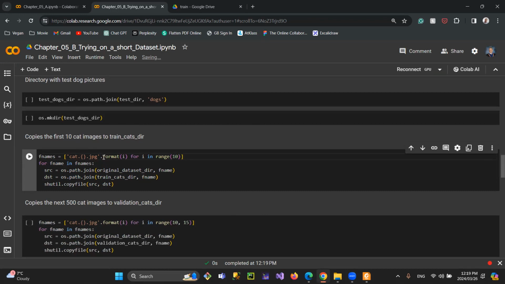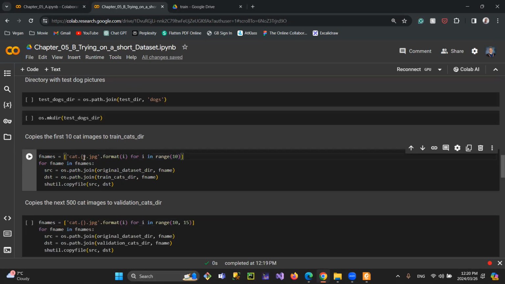I copy the first 10 files of the cat into the train cat folder. How it works, it says cat dot curly braces dot jpg. What is that curly braces for? It's going to get filled with format I,